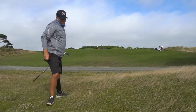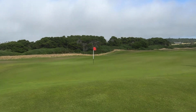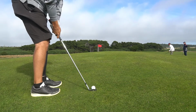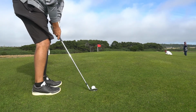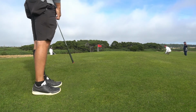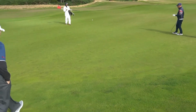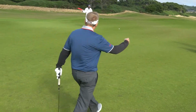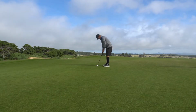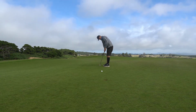It's one of those shots where you don't want to hit it too far, because there are bunkers on the other side of that green that it will roll off into. So it was just a delicate shot. Here's what I got coming in. Trying to throw this a little bit high, but not low, and just to have a little bit of a check. And it checked a little bit, but not as much. It's hard to get the check out of these tight lies anyway, especially at my skill level. Here's the putt for bogey,